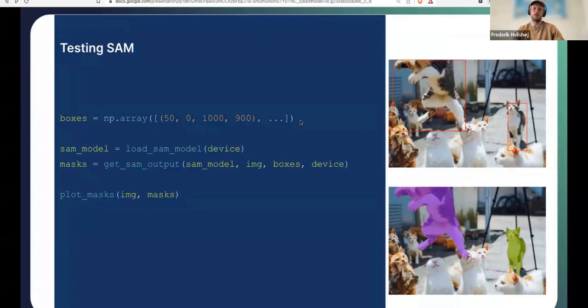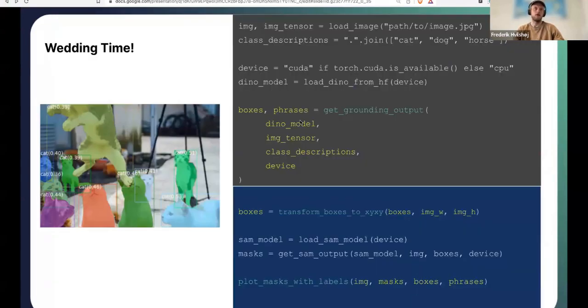So back to the slides. Now the final step here is the wedding time, right? We want to marry these 2 models. The idea is that the gray box is all the stuff we did with Grounding-DINO, roughly. So we give it the cats and the dogs and the horses. This is going to be our only prompt, except of course the image is also an input. But the prompt is going to be these classes that we care about, and then the rest is going to